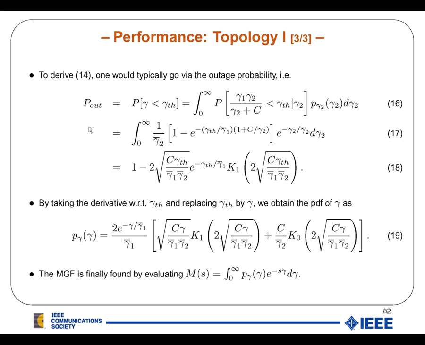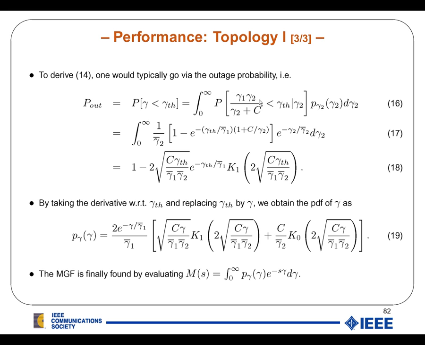The best way to proceed is to go via the outage probability. So we ask, what is the probability that my end-to-end signal-to-noise ratio gamma falls below a certain threshold, gamma threshold? To do so, you would have to go through the joint probabilities or equivalently through the marginal probabilities given here. So it is the integral going from 0 to infinity of the outage of